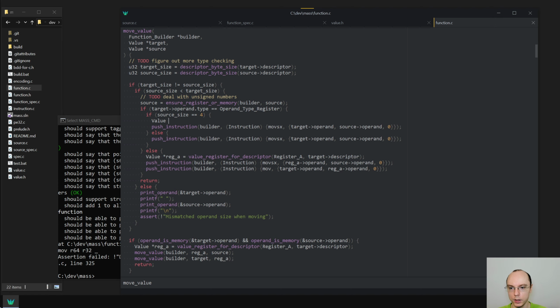value star target with, or actually I will straight up do operand